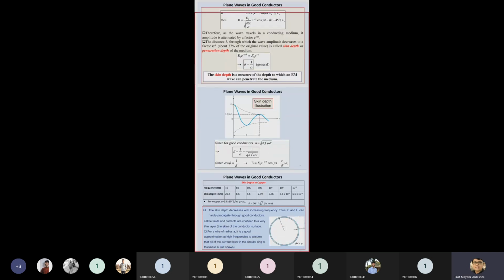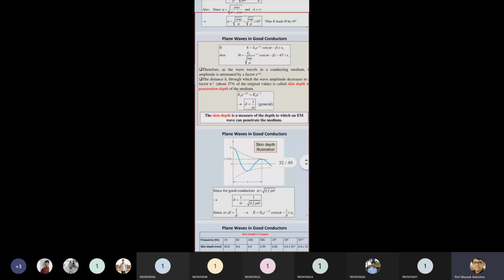So for a good conductor, we find alpha based on this equation, because alpha can be replaced in terms of pi f mu and conductivity, which is derived somewhere over here. You can identify it in this slide, where alpha is equal to beta is equal to under root of pi f mu and conductivity. So we are replacing the attenuation constant with pi f mu as well as the conductivity. So what does delta indicate? Delta is your depth of penetration. How much signal can penetrate inside any particular conductor or medium is defined by the skin depth or the depth of penetration.